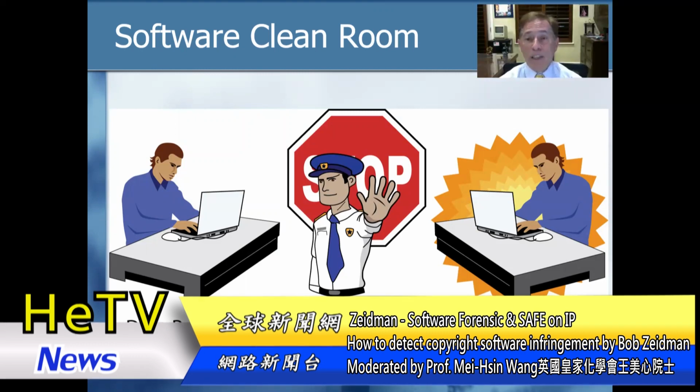The programmers in the clean room then are allowed to develop code independently based on this high-level functionality, this high-level description that's been monitored by this independent, unbiased monitor. Any questions that the programmers have, they send that to the monitor. The monitor makes sure that the questions do not accidentally create a situation where the dirty room programmers would need to send code.